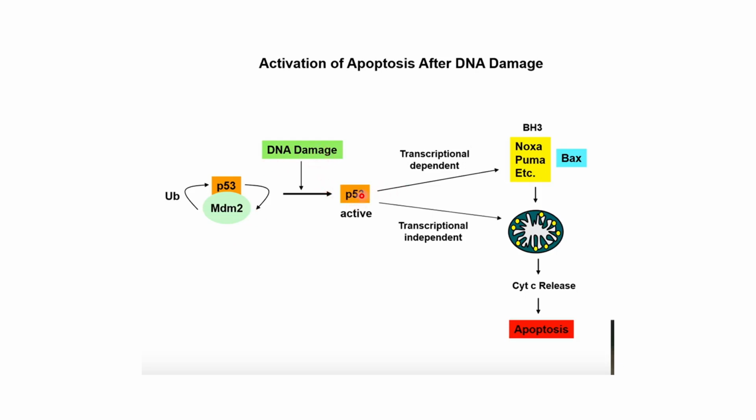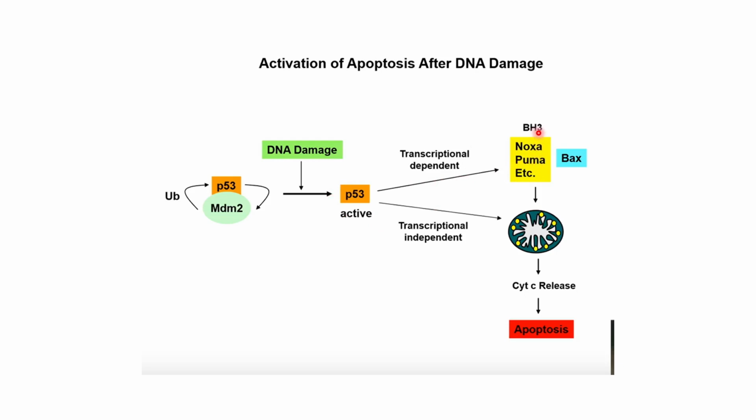So this P53 promotes transcription if there is persistent DNA damage. At the initial stage, P53 will not directly activate the apoptosis mechanism, but if there is persistent DNA damage which is beyond repair for the cellular system, then that cell has no option but to undergo the apoptosis process. So at that stage, active P53, beyond the usual concentration, will activate